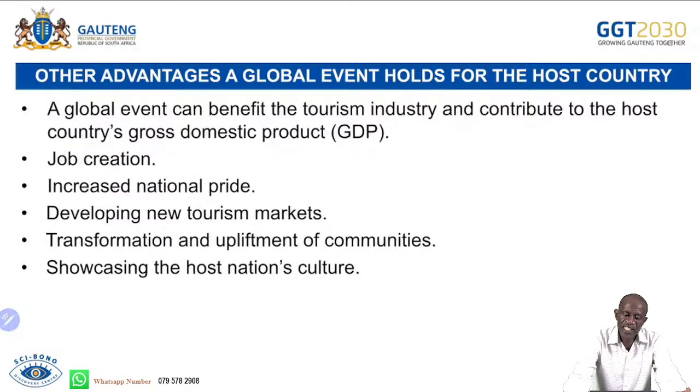Other advantages of a global event for the host country is that a global event can benefit the tourism industry and contribute to the host country's gross domestic product. We have alluded to this one. It leads to job creation. We have also explained that earlier. Increased national pride. So it has that element that